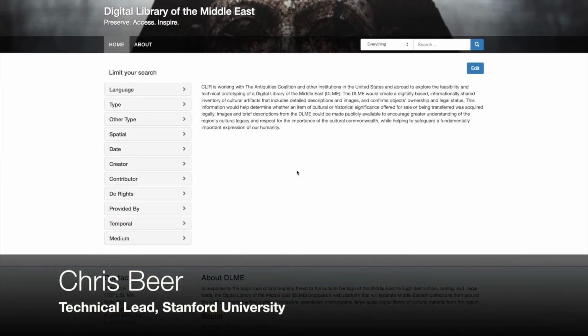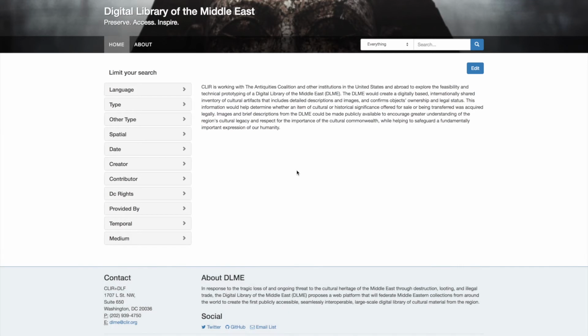During this sprint, in addition to aggregating metadata from our data providers, we've begun to focus on user interface improvements to improve the visual polish of the website. Most notably, that includes the footer at the bottom of every page, which includes information and context about the Digital Library of the Middle East and ways to contact the project team.